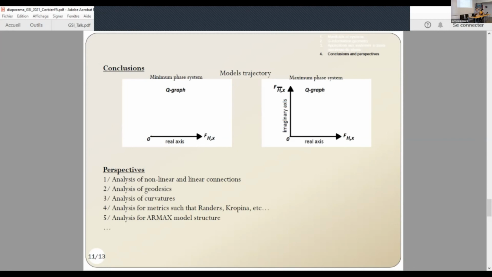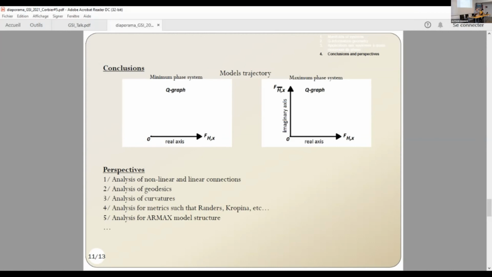to the future, and there are many investigations, and the first investigation is to analyze a non-linear and linear connection and the Chern-Finsler connection, and analyze the geodesics on the manifold, the curvatures, and maybe analyze metrics such as Randers metric and Kropina metric, and